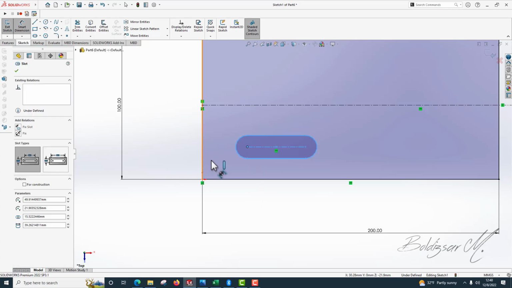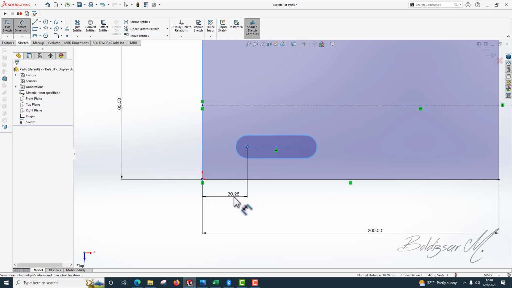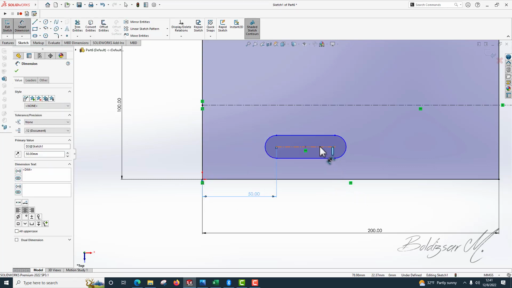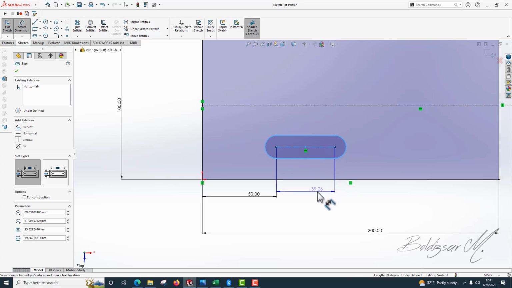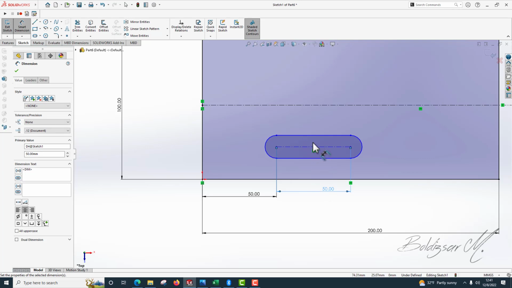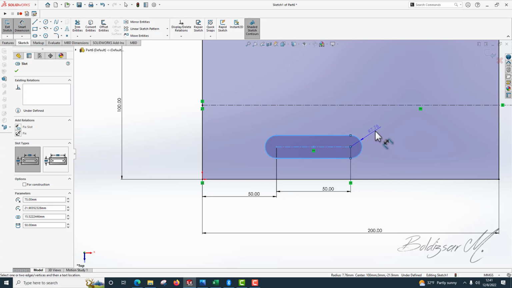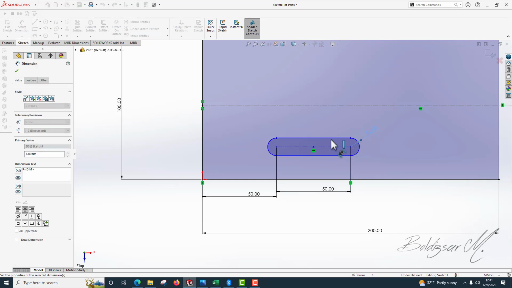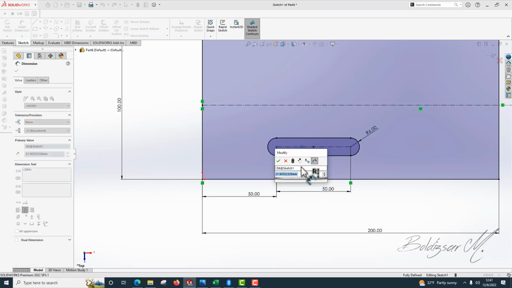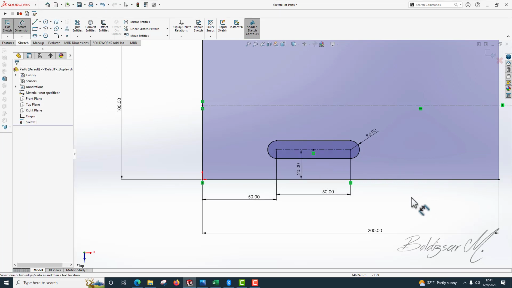from here to here is 50. This one is 50 length, radius 6, and from base to here is 20. How we see it? Part 20. Okay,